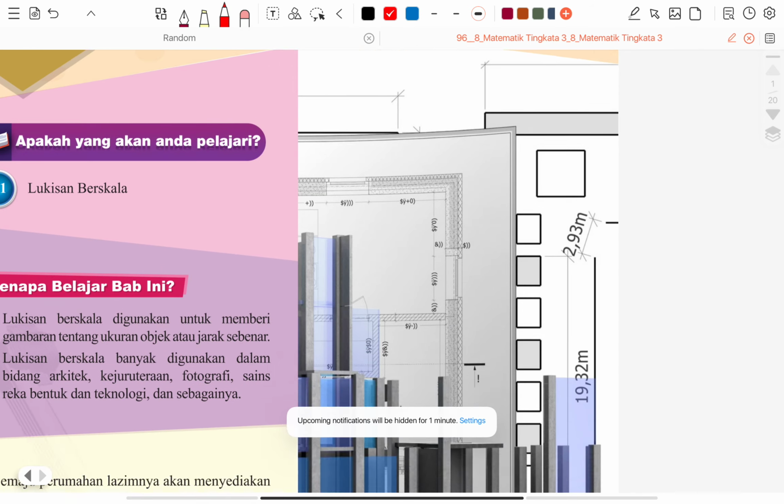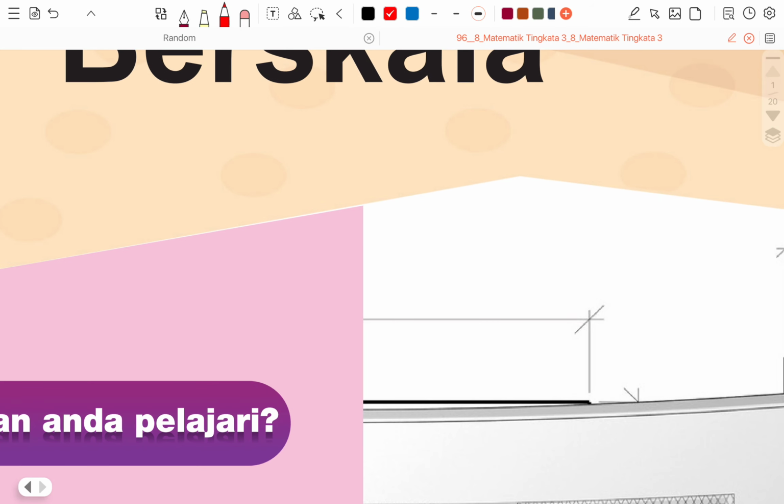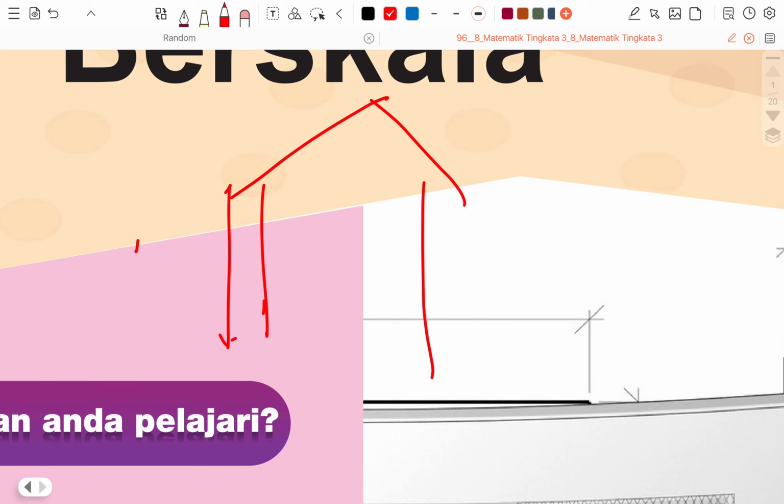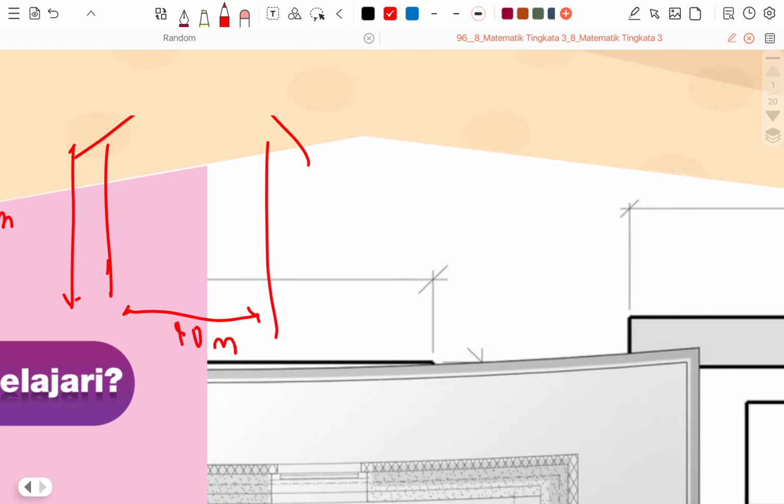So what actually is Lukisan Berskala? For example, for contractors who want to build a building, the building is very large in exact length. So for example, this is 4 meters, and this would be 10 meters. So how would contractors